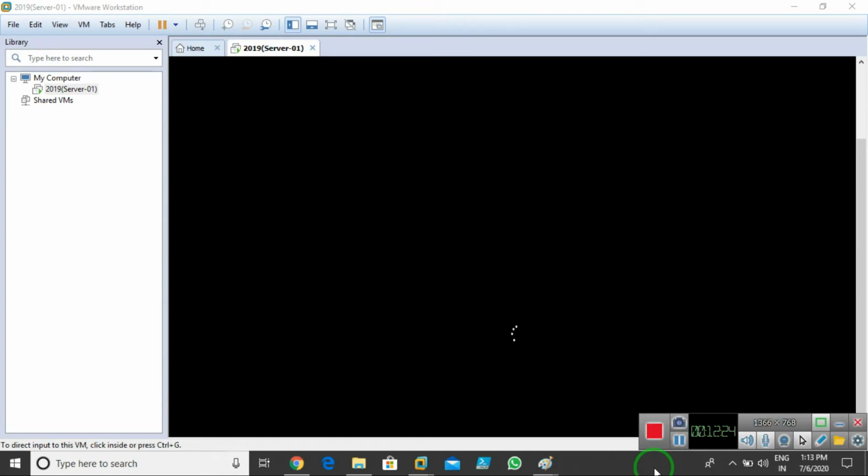As you can see, it's going to start the server machine. It's a new fresh machine. I just installed Server 2019 on this machine. That's it.